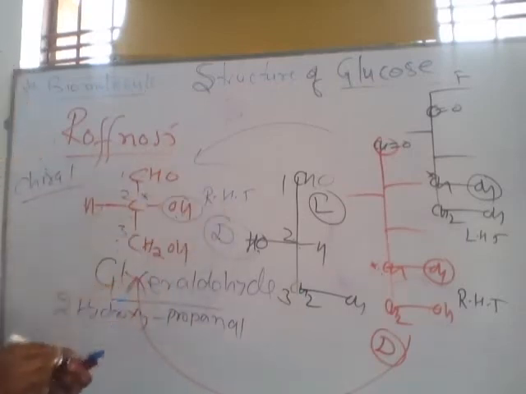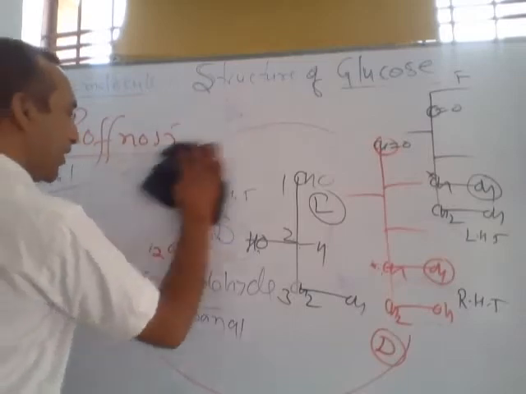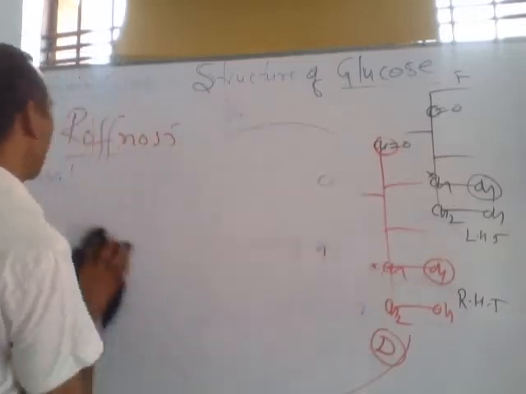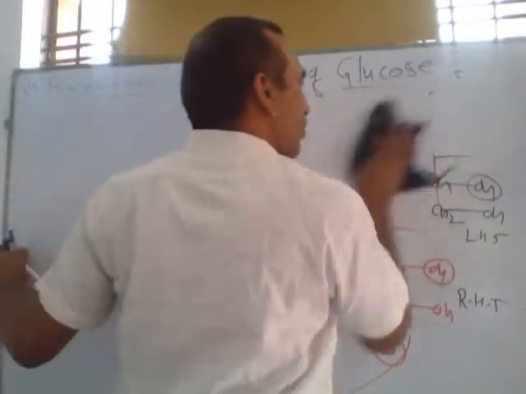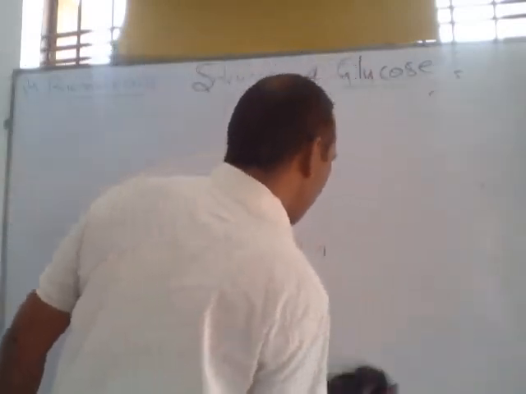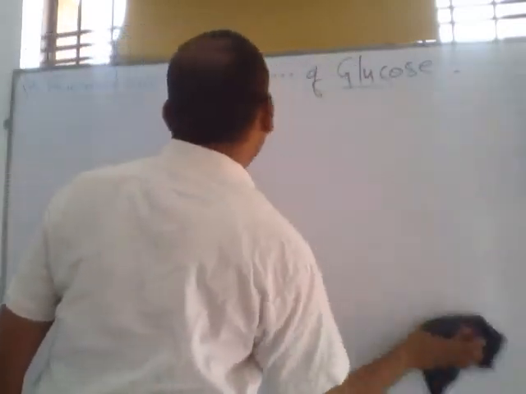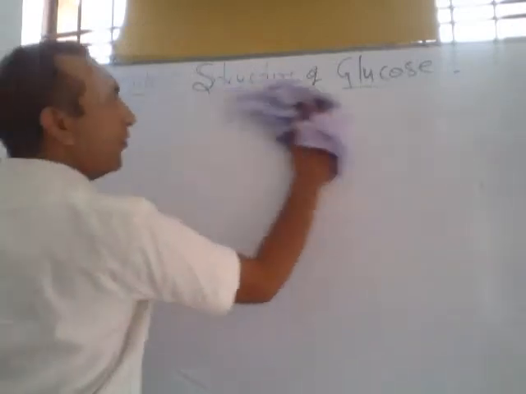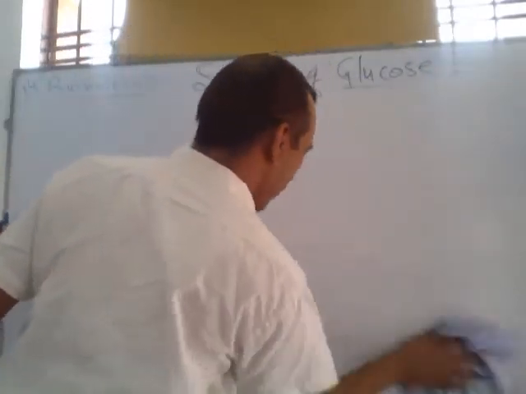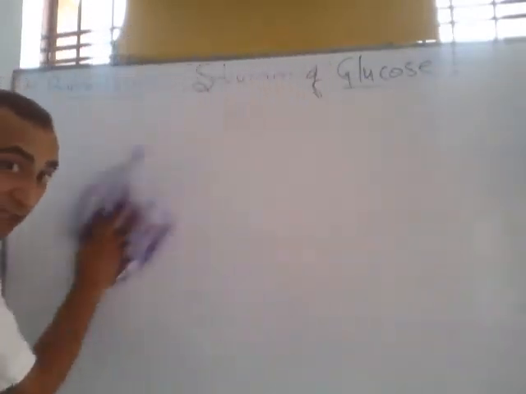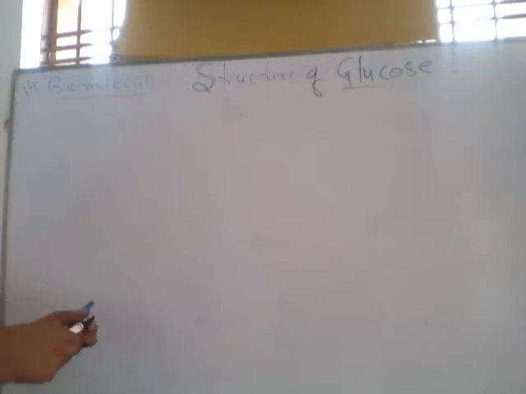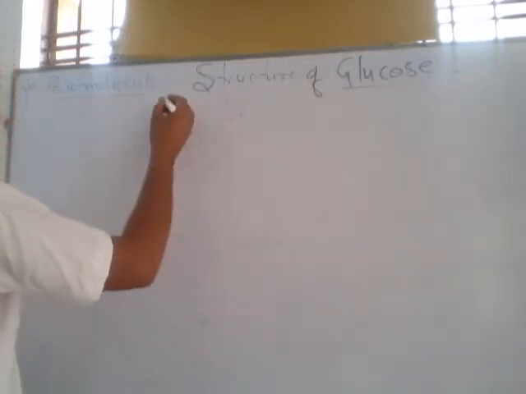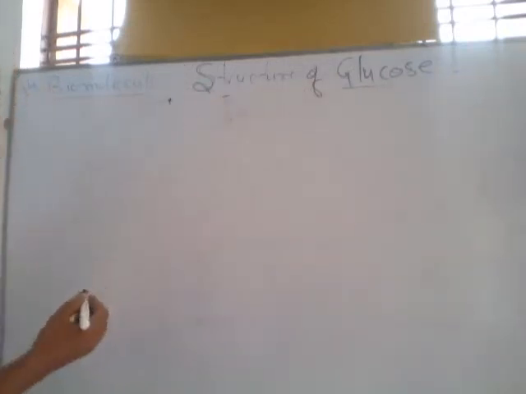So before glucose and fructose we write capital D according to Rosanoff, because these two compounds belong to the series of D-glyceraldehyde. D-glyceraldehyde means in which the configuration is on the right hand side of which group? OH group. On which carbon? Second last carbon. Now the meaning of plus and minus.